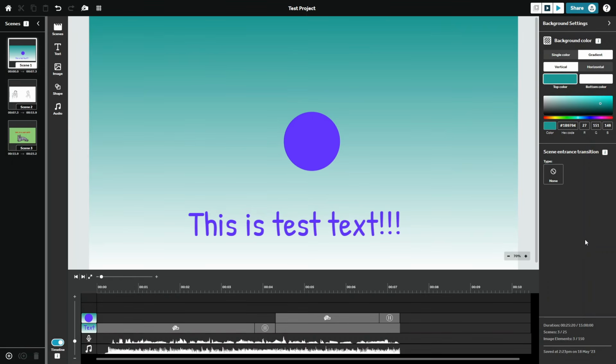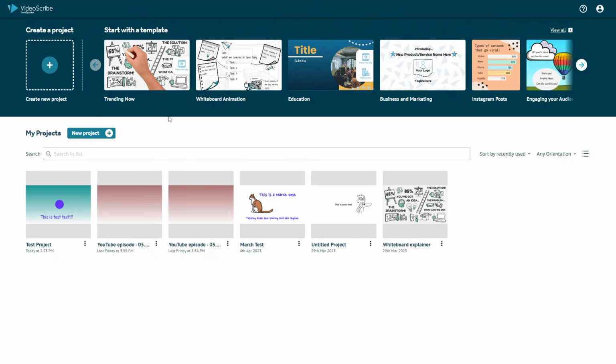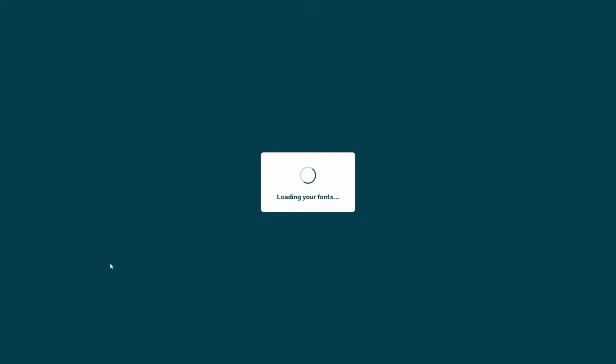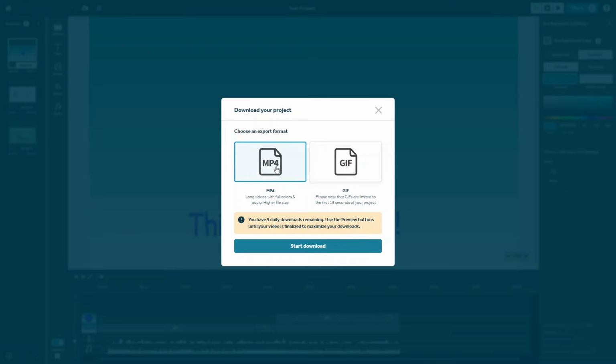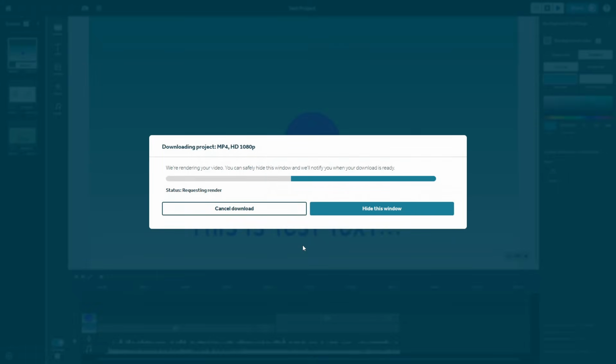All right, and you would just continue that same process throughout your entire project. Now, the last thing that we'll do here is actually render out the finished version of our project. If you click on the home icon up here, it saves your project and allows you to go to the export stage. So here we have our test project. If you click on the ellipsis and then select share, it gives you the option to do whatever you want to do here. You can create a preview link that you can send to someone, but we want to actually download this, and I'd like to download this as an MP4, and we'll click on Start Download,